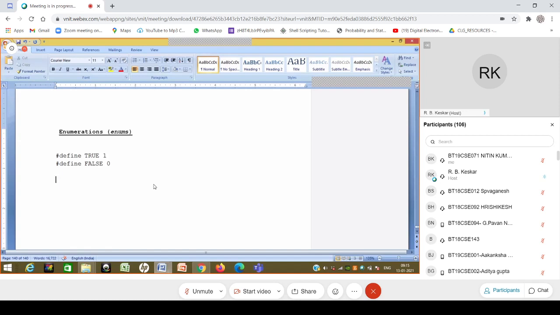So although it is returning back an integer, essentially I'm capturing it as true. I can always say, let's say, S is equal to is part of, with some parameters. And then what I can always do is if S is equal to TRUE, something like this. So the actual value of S over here, although it is 1, I'm not using the value 1, I'm using TRUE. And this we had already discussed as the utility of hash define basically.